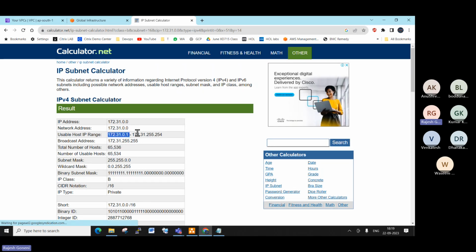This is the starting IP address. This is the ending IP address. So actually this is the network IP, and this is the broadcast IP, you know. So the actual usable IP addresses will be minus 2, so 65,534 IP addresses we can generate. Understand? Yes, sir. So now the next concept is,